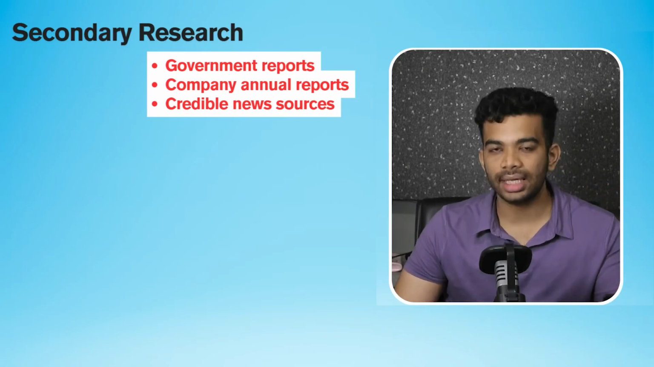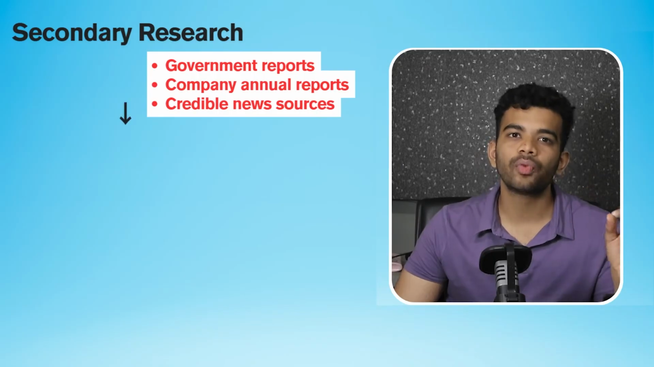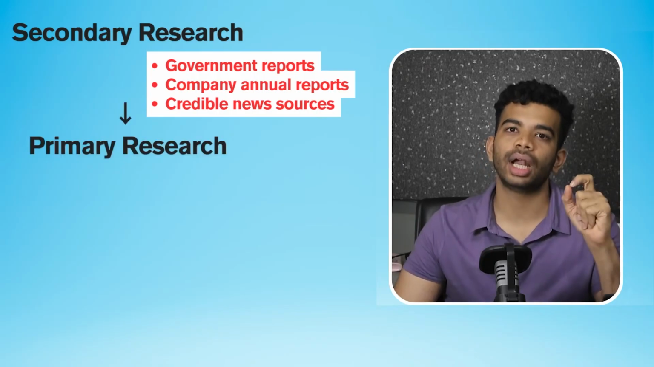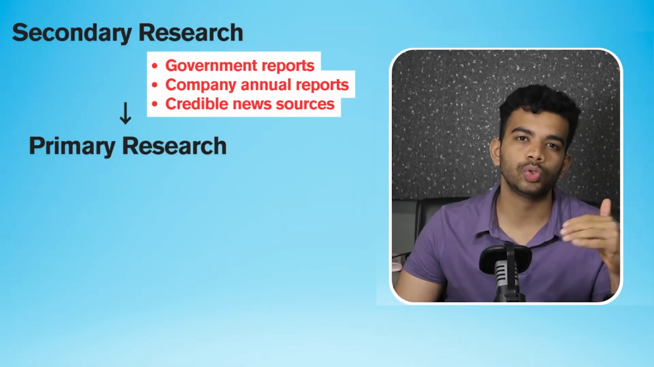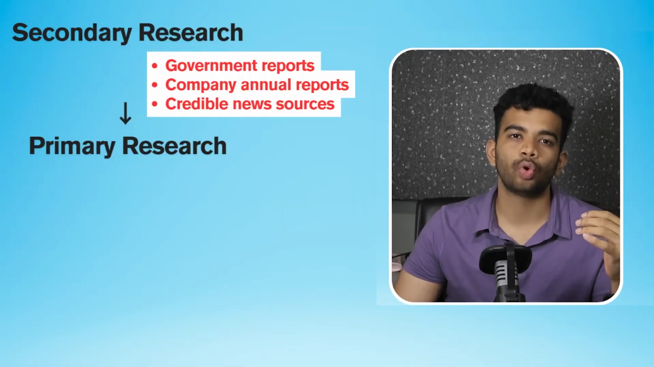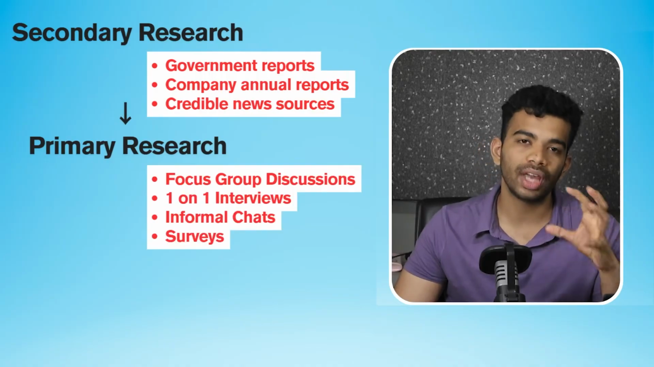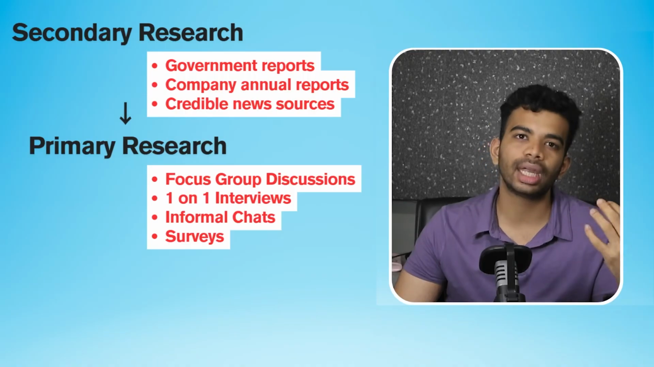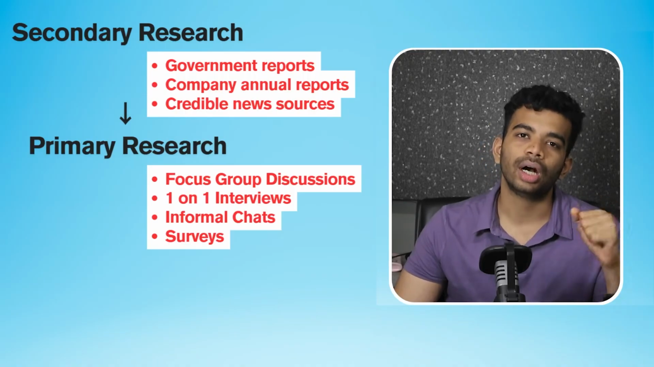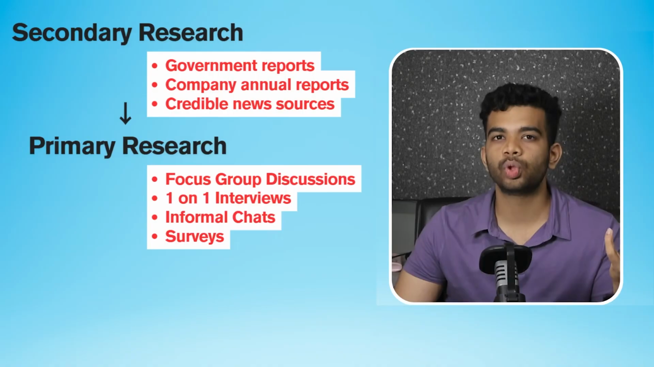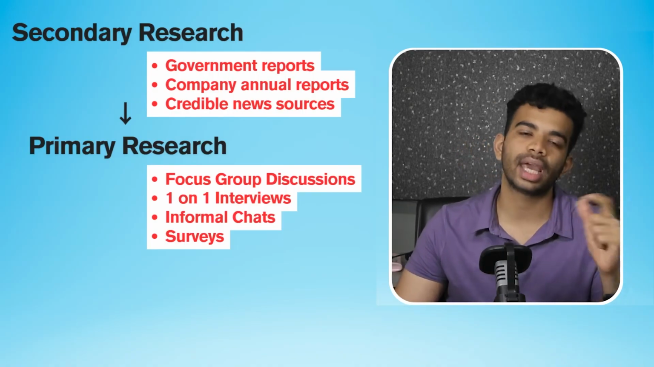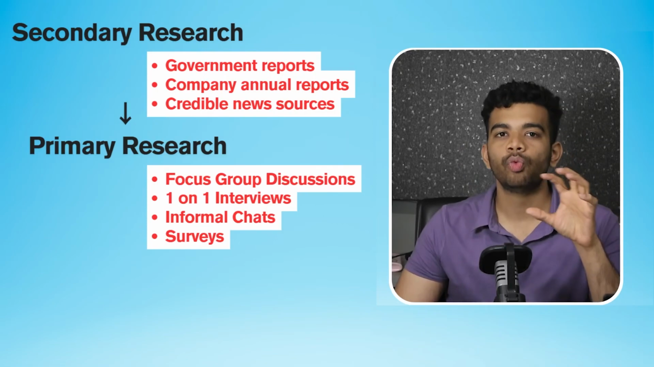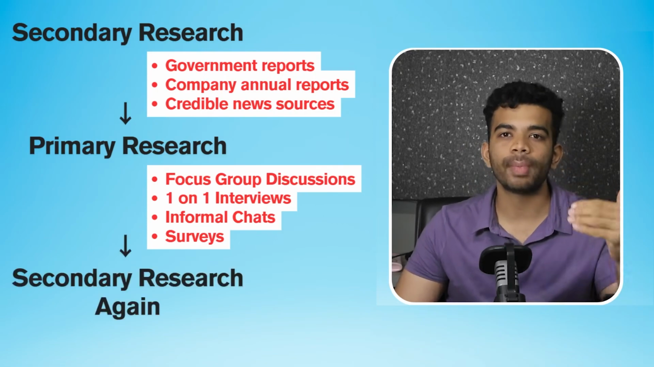The second part is primary research. So here we talk to real people. We conduct focus group discussions, we conduct one-on-one interviews, we conduct informal chats, and so on. But the main point is we have to make them meaningful. Even if we are conducting Google form research, we have to make it meaningful. We have to make sure that our responses to those forms are genuine. So finally, you loop back to secondary research to validate what you found and gather data to back up your